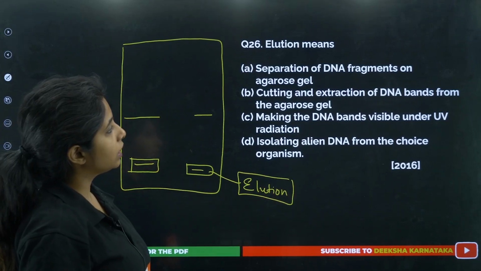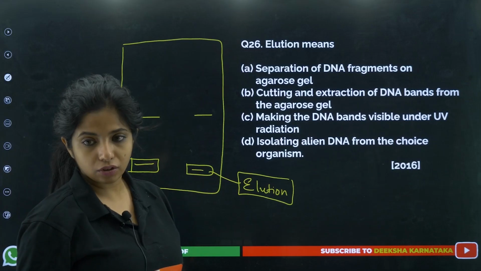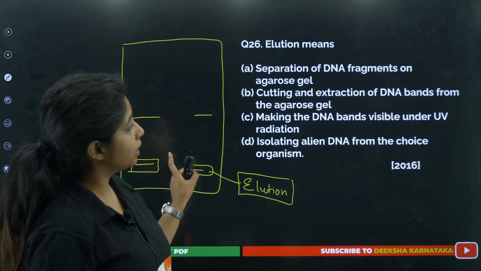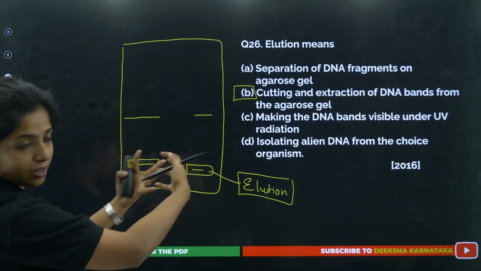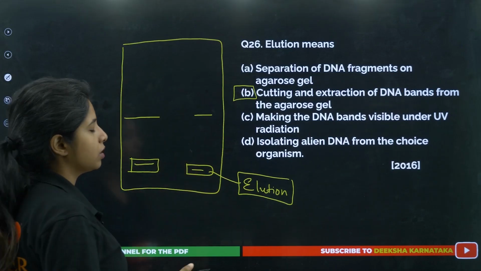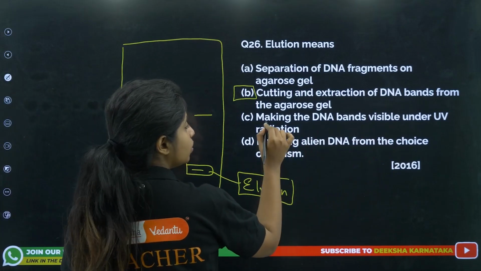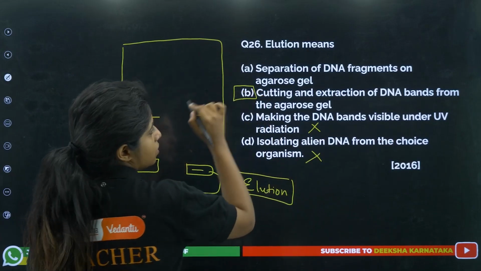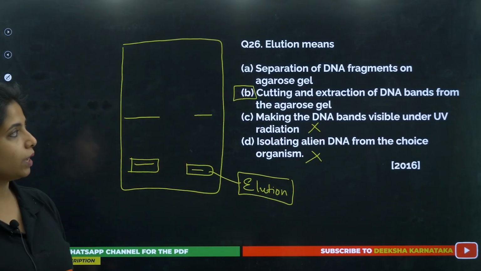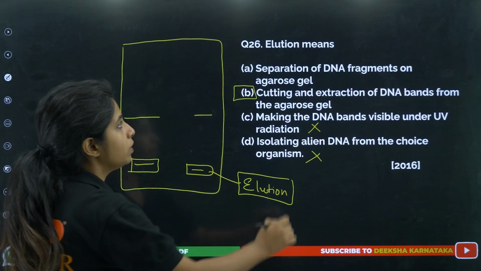So, separation of DNA fragments on agarose gel is not elution. Cutting and extraction of DNA bands from the agarose gel is elution. You are cutting it off and you are extracting the DNA, that is known as elution. Making the DNA bands visible under UV radiation, no. Isolating alien DNA from the choice organism, no. This is the answer. Cutting and extracting of DNA bands from the agarose gel is what you mean by elution